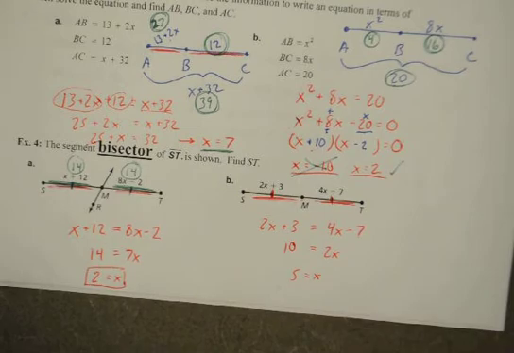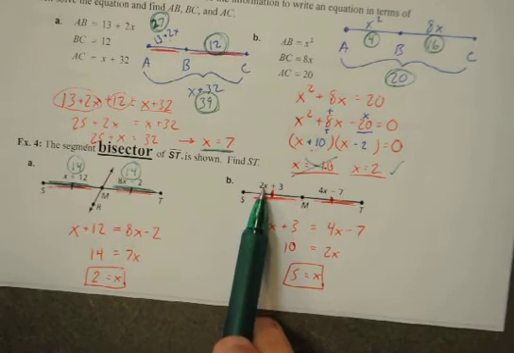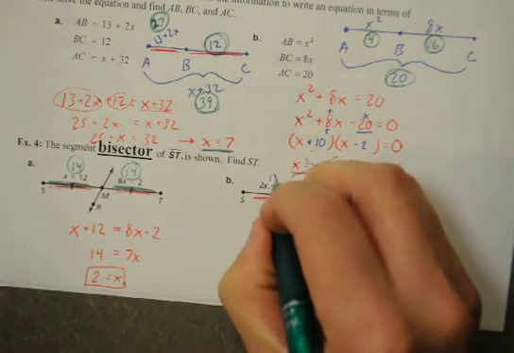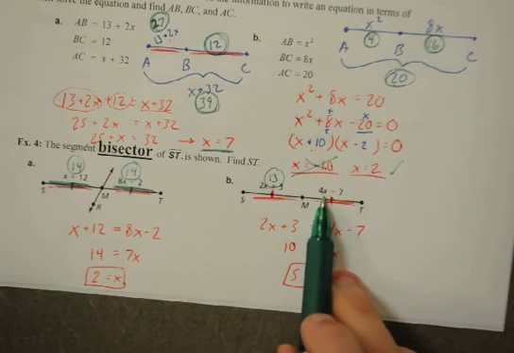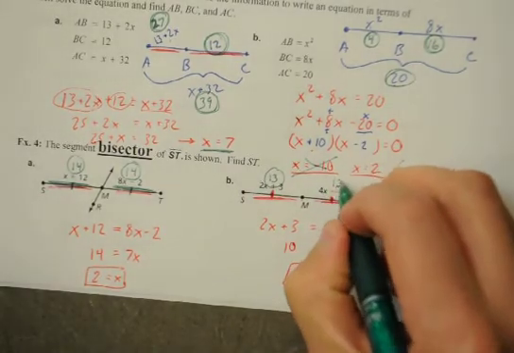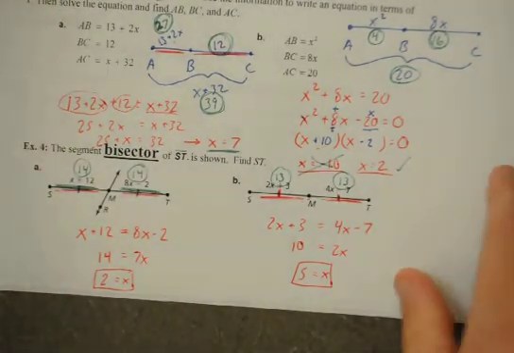and we check our work. Plug in 5. 5 times 2 is 10. 10 plus 3 is 13. 5 times 4 is 20. 20 minus 7 is 13. Alright, that's part 1 of the video. We'll do part 2